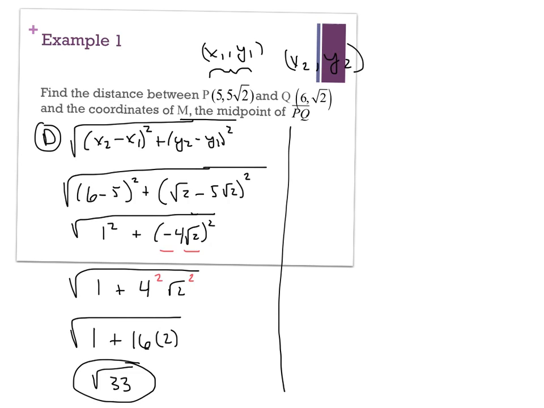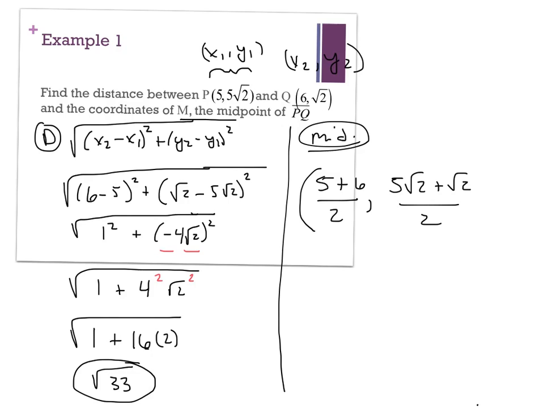Now I'm going to find the midpoint, which is a little less intensive. I just take my x's, add them together, divide by 2, take my y's, add them together and divide by 2. And order doesn't matter. So I'm going to get 11 over 2, and then 6 root 2 over 2, and